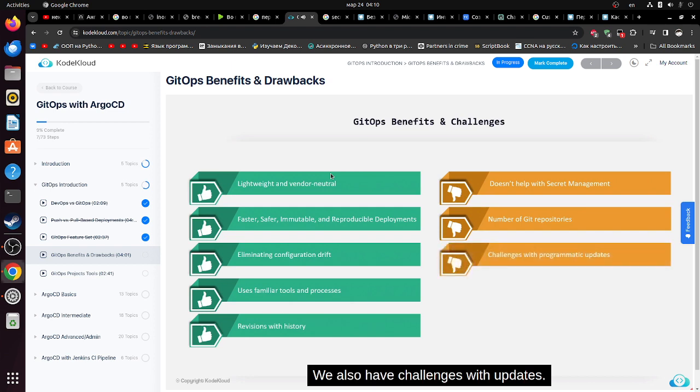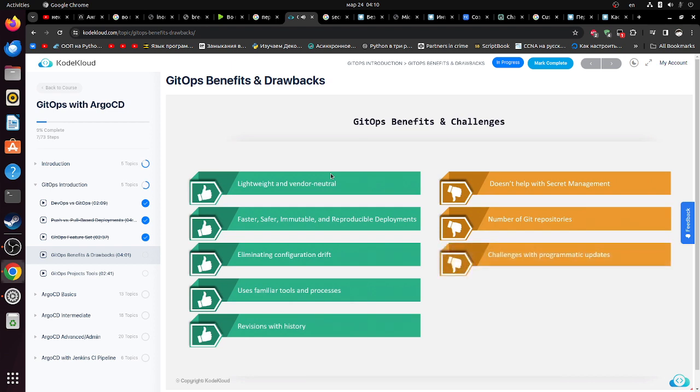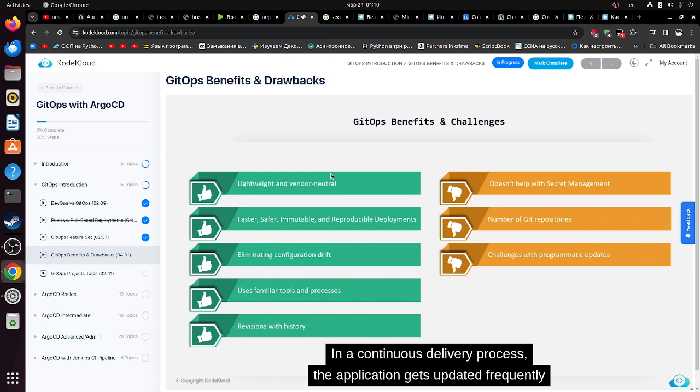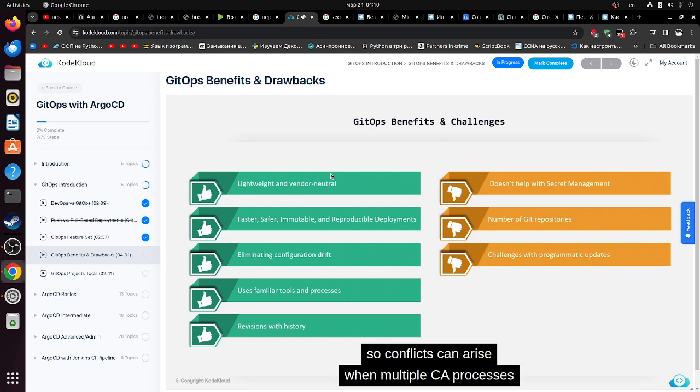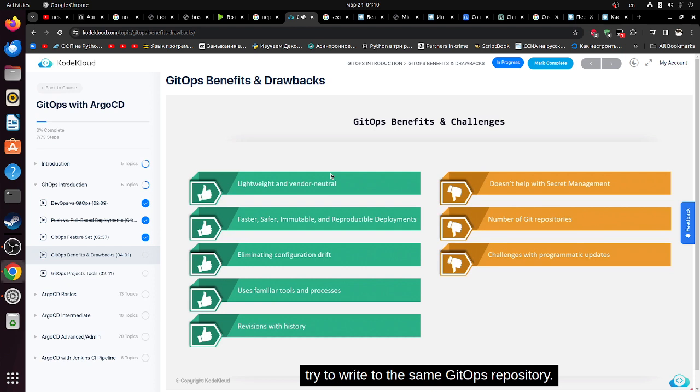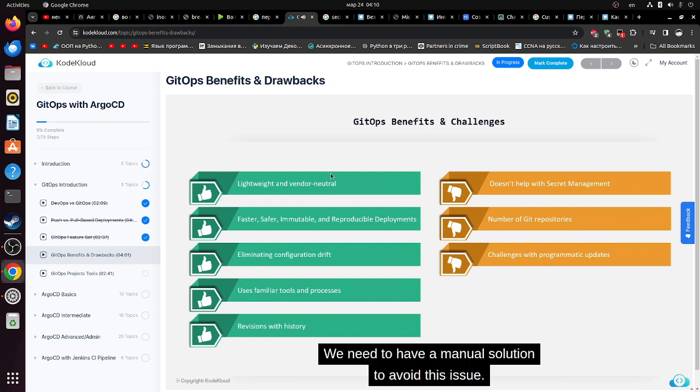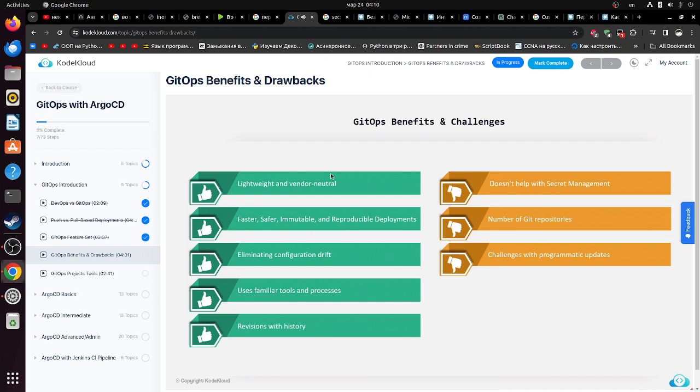We also have challenges with updates. So in a continuous delivery process, the application gets updated frequently and the CI process has to create the pull request. So conflicts can arise when multiple CI processes try to write to the same GitOps repository. So we need to have a manual solution to avoid this issue. And then we also have